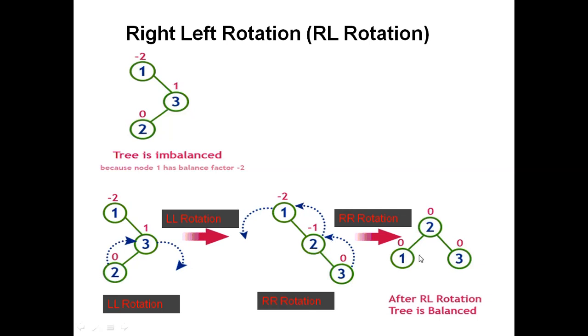Okay, and in one shot, what we'll do, this A will be directly replaced by this 2 itself. So 2 will be there, and we have 1 and 3 directly. We can do it directly also. So either process you can use, but make sure that the tree balance factor is 0, 1, or -1.